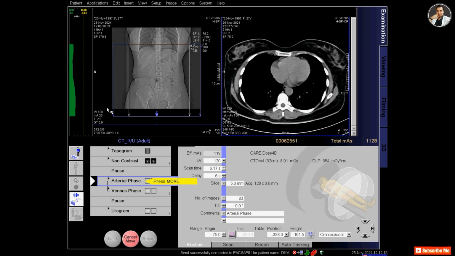The contrast should be injected followed by normal saline to get the highest density of the contrast, and use the maximum contrast that you take from the syringe, that you take from the bottle.